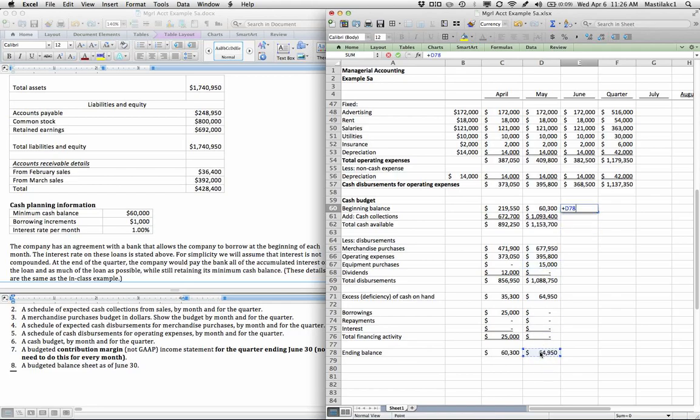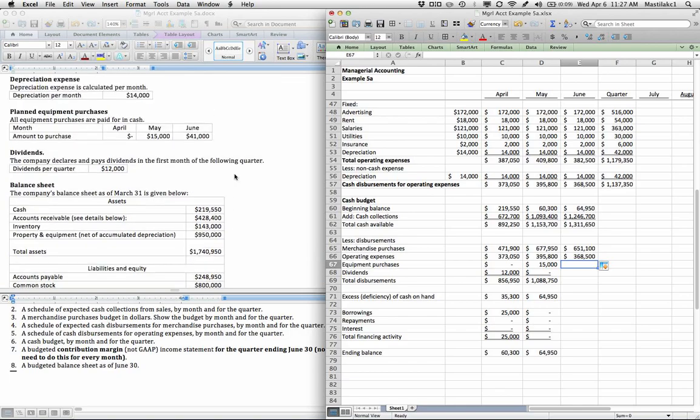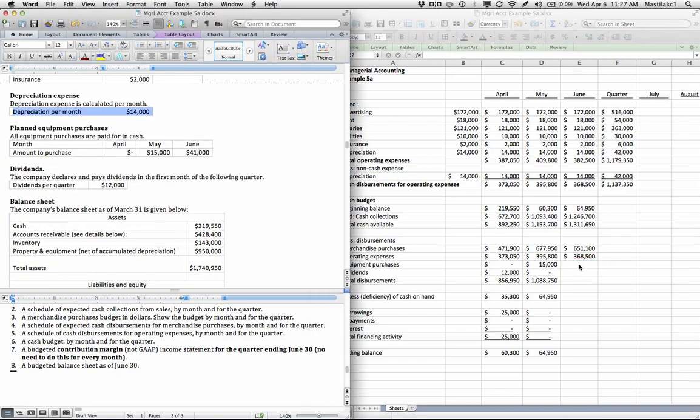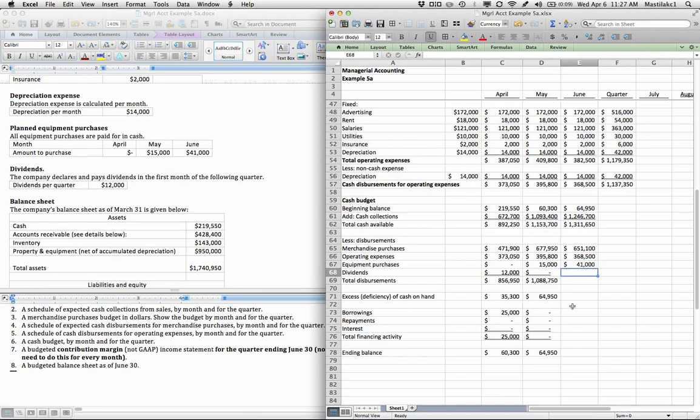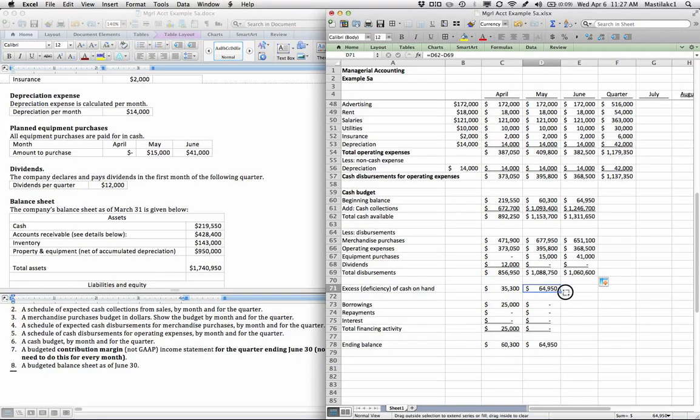June is going to work a lot like May. We're going to look down at the bottom of our prior column and say that May's ending balance of $64,950 becomes June's beginning balance. We're going to add the cash collections for June, and we've got a total of $1,311,650. Our merchandise purchases and operating expenses we can drag over again. Our equipment purchases in the month of June are going to be $41,000. Again, no dividends will be paid in June because they're only in the first month of the quarter. And so our total disbursements in the month of June will be $1,060,600,